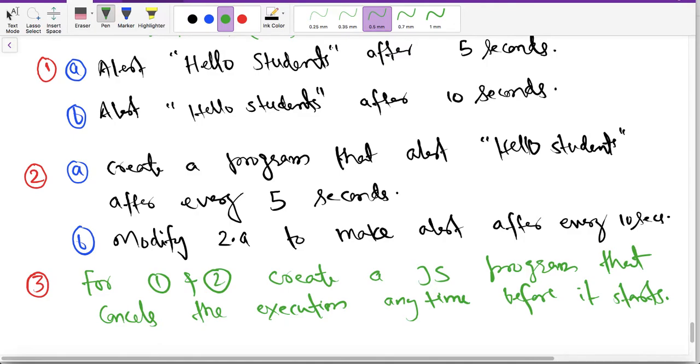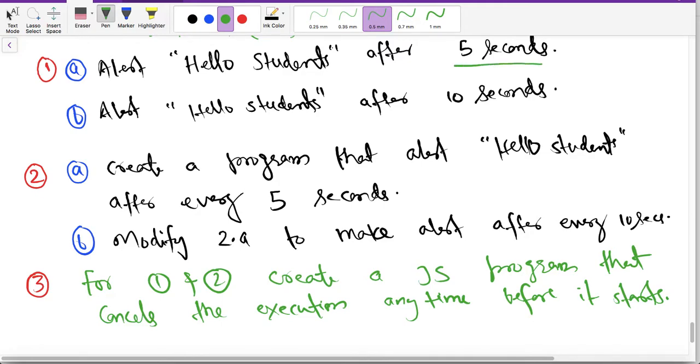Now, in the third part, we are going to modify both of the previous parts, and we have to program a cancel button so that whenever we click it, it cancels the execution anytime before the event starts. Let us suppose the first part, because it will happen only once.